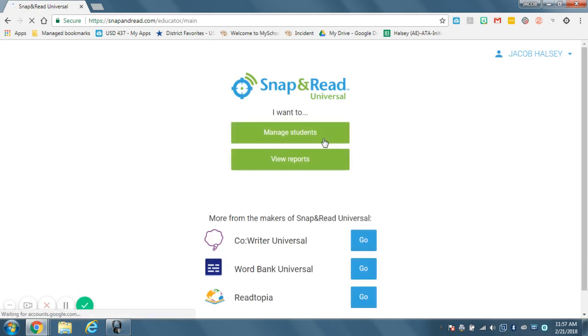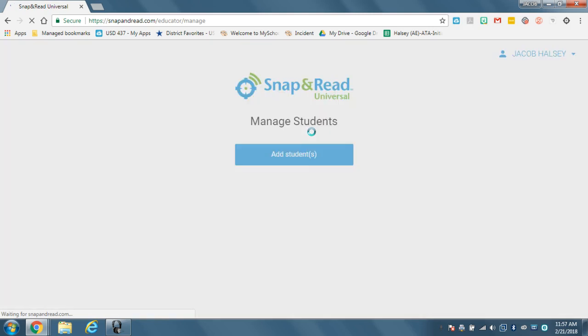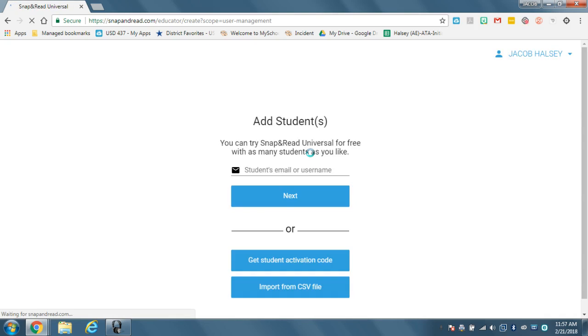So once we're here, we can actually go to Manage Students, and this is actually where we will want to add our students to Snap and Read so they can use it. You'll go to Add Students, and you can add their email from here. And then once we want to go and use